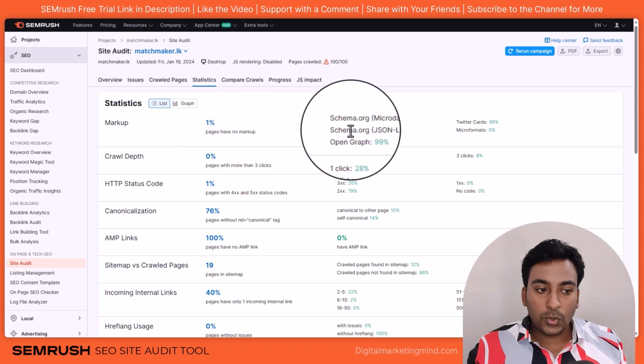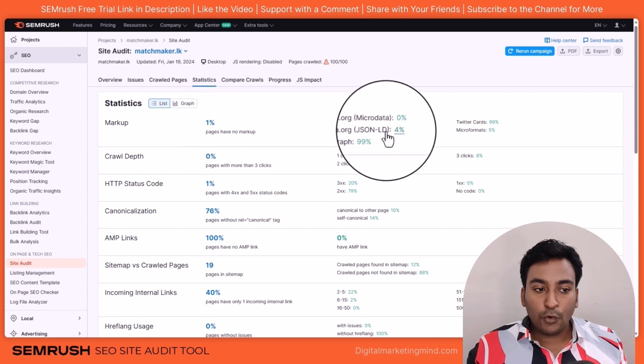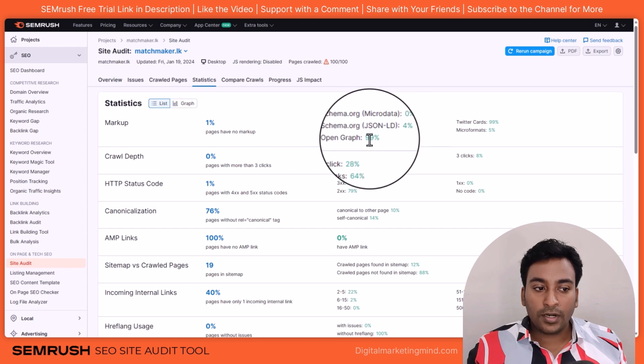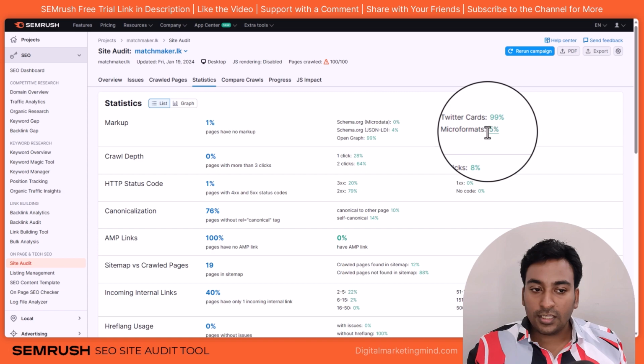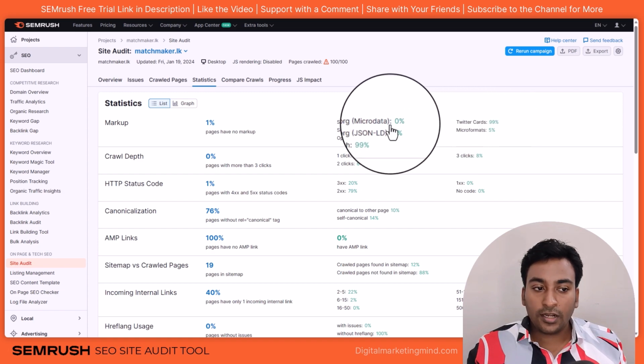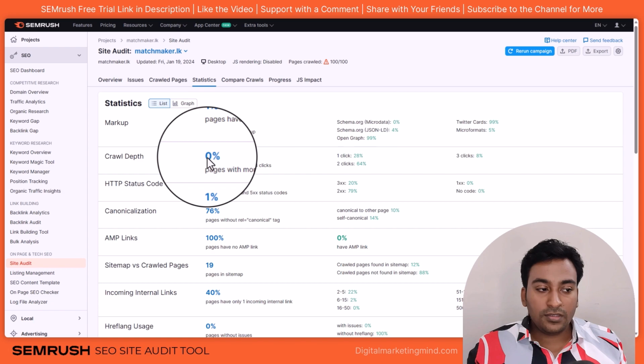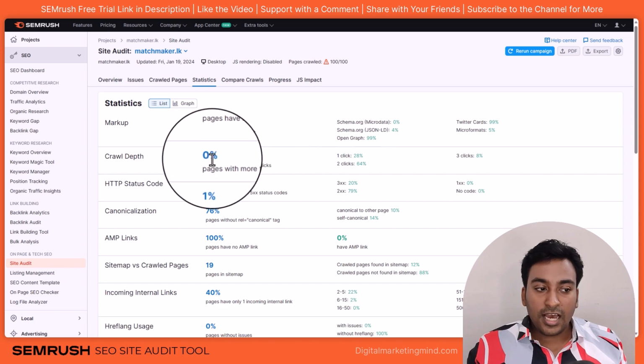You can see 0, and schema markup around 4% of pages, Open Graph 99%, Twitter Cards 99%, microformat 5%. So if I'm missing something like microdata or even JSON-LD schema, I can try to include it in those pages. Crawl depth: 0 pages percentage have more than 3 clicks.